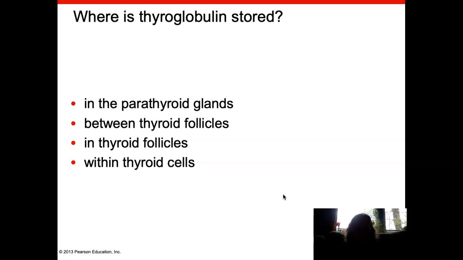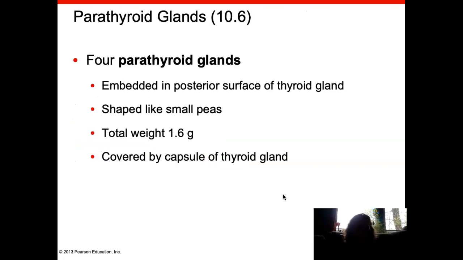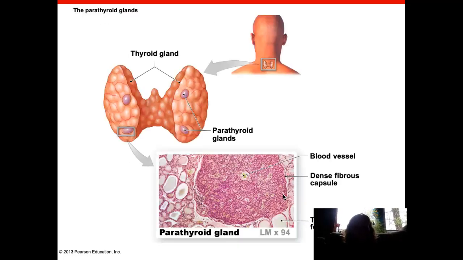So where is the thyroglobulin stored? In the thyroid follicles. What is the primary effect of thyroid hormones? Raise the metabolic rate. And we'll finish off this video with the parathyroid glands. There are 4 of them on the posterior surface of the thyroid. So here we are looking at the backside of the thyroid gland, and you can see those 4 tiny little